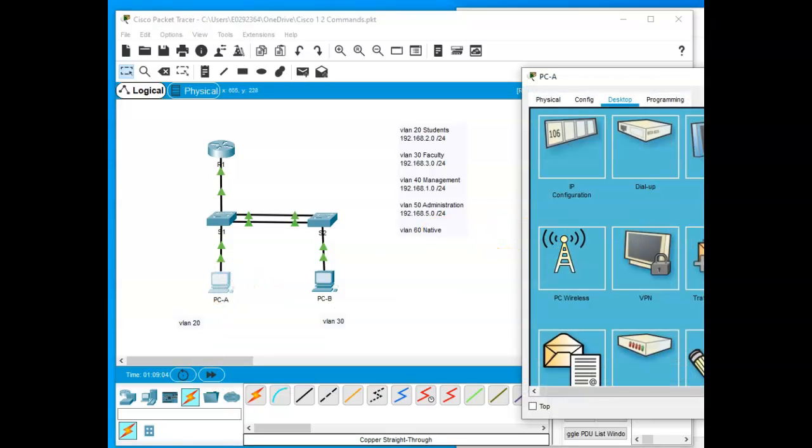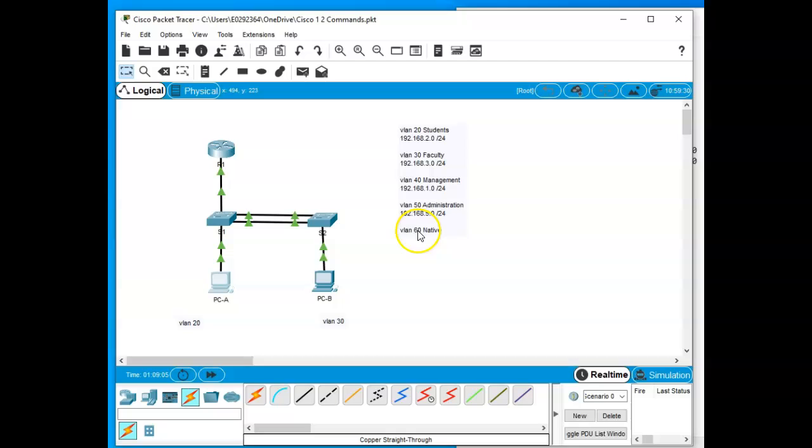So that is DHCP. It's all done, all set to go. And not only is it regular DHCP, it's using 2 different VLANs. So that is everything. If you have any questions, email me at